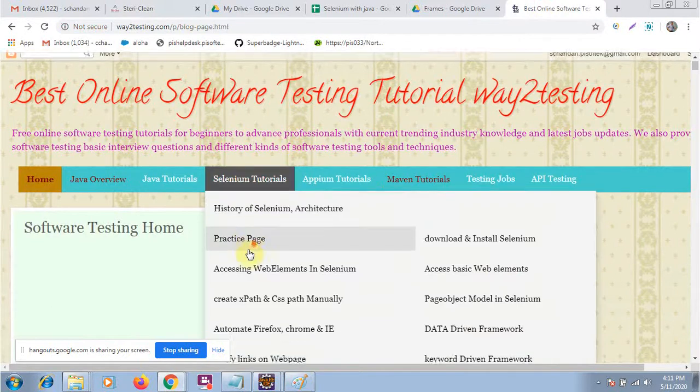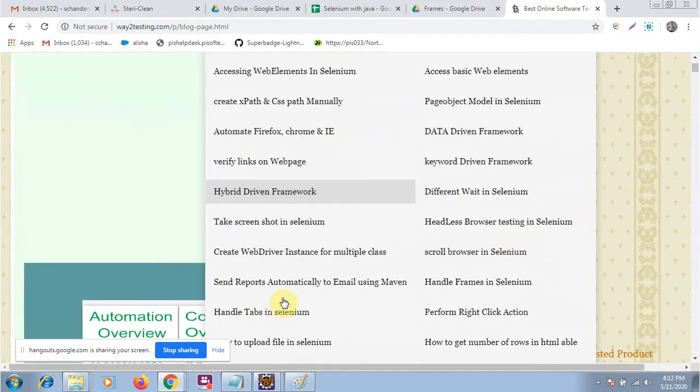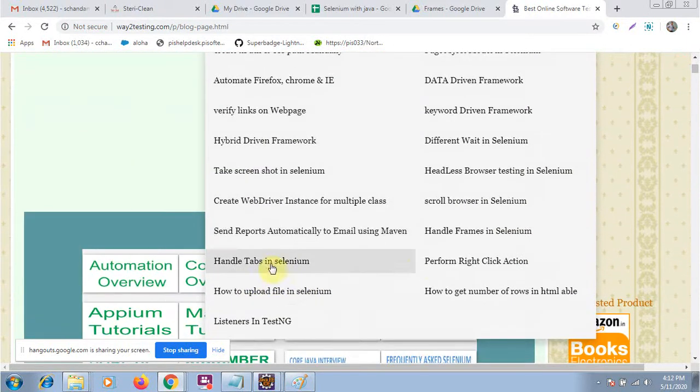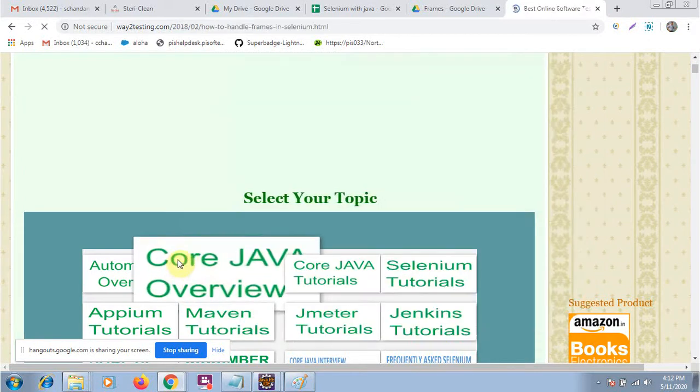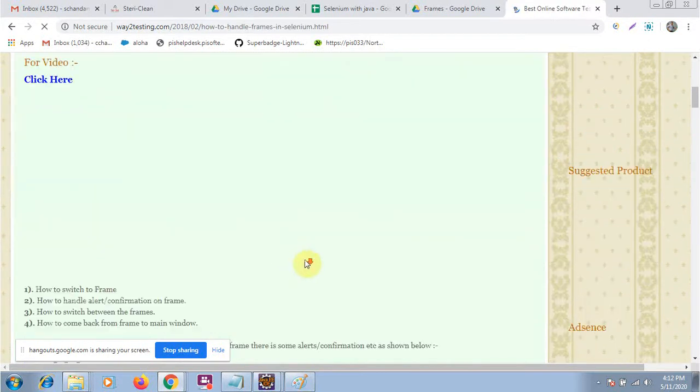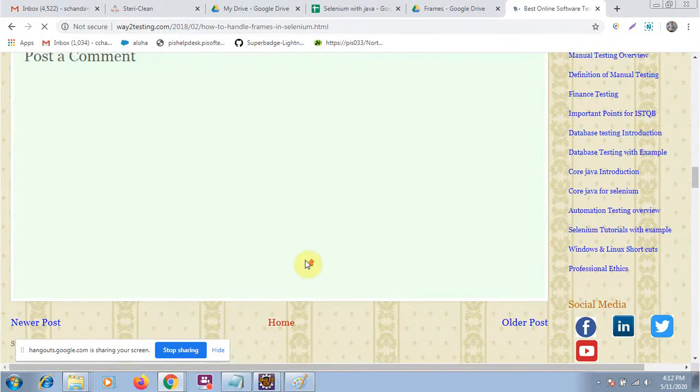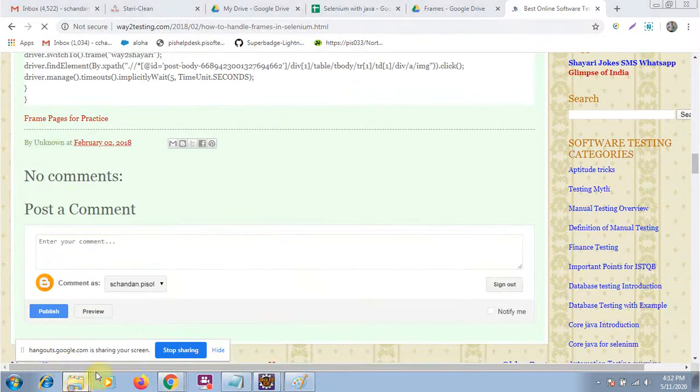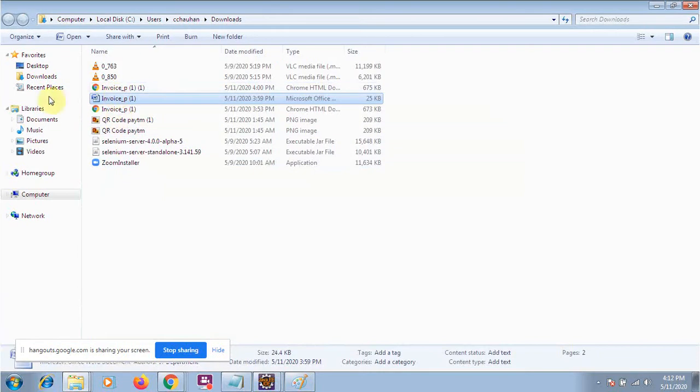In our practice page, here is the code for how to handle frames, and I have already written it. But today I will not take all of these things. I will take some of my own code that I have created.